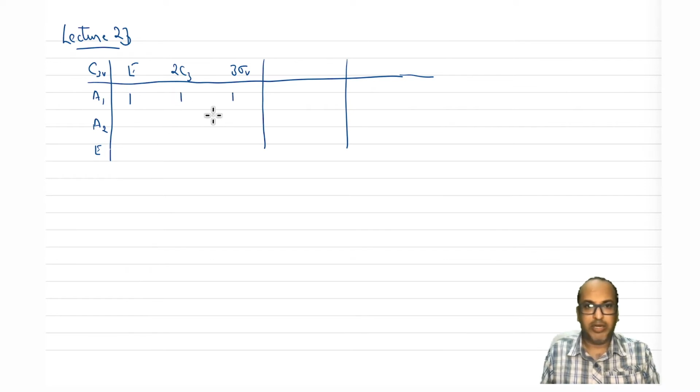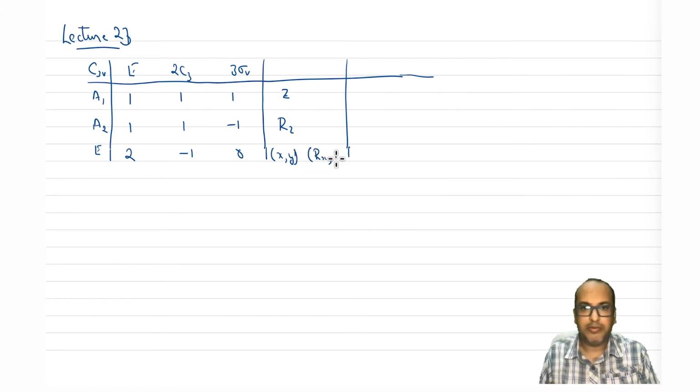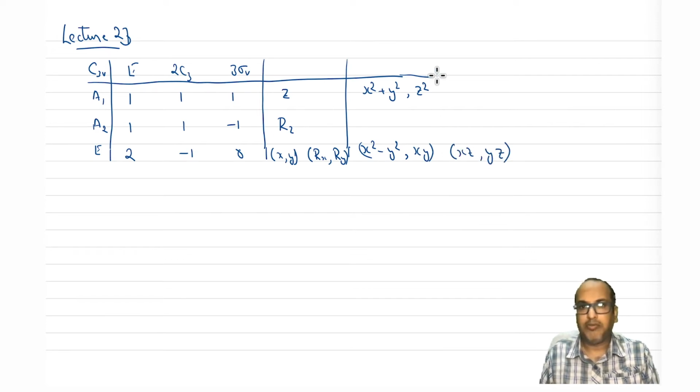Now, this one we are aware of already. And here you will find some X, Y, Z written, which is the basis set. That also we have some idea. And here you will see something written as functions of XY, like x square minus y square. So what is the meaning of all this?